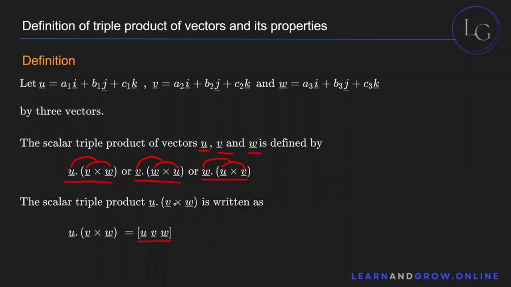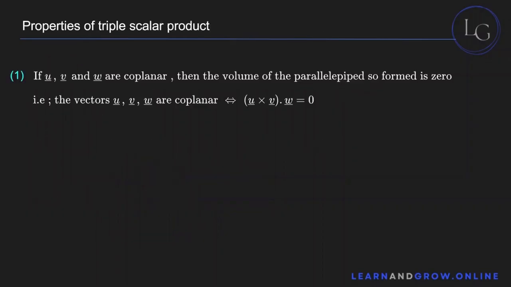Why do we write it down like this? Because it makes the calculation much simpler for us, because you can find the scalar triple product of u, v, and w by just simply solving the matrix u, v, and w, just like you did in the cross product, right? So the properties of triple scalar product: if u, v, and w are coplanar, that means they lie in